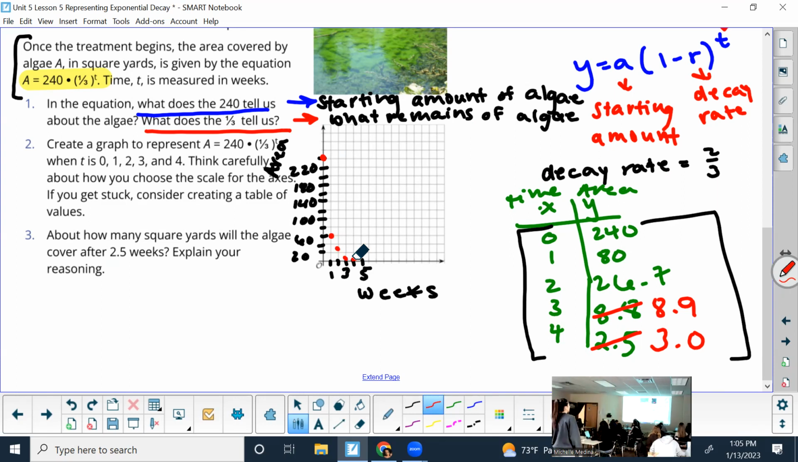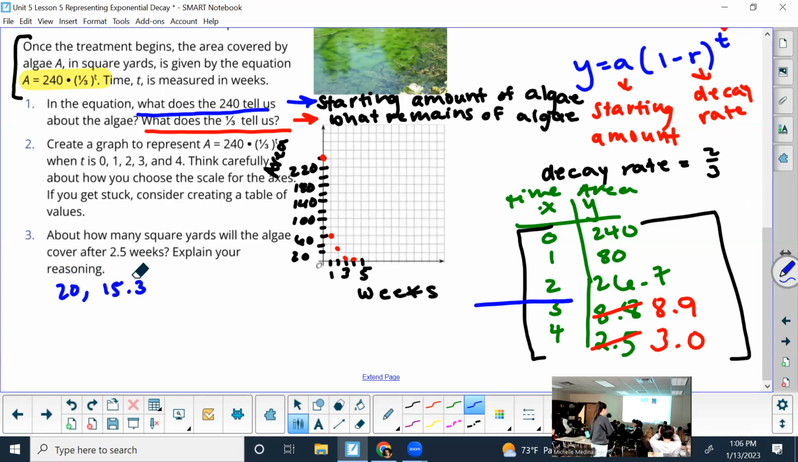Now tell me about how many square yards will the algae cover after 2.5 weeks? So someone said about 20. What'd you say, Tyson? Nope, I didn't really know. Okay. Anyone else? Care to throw something out there? 15.3,